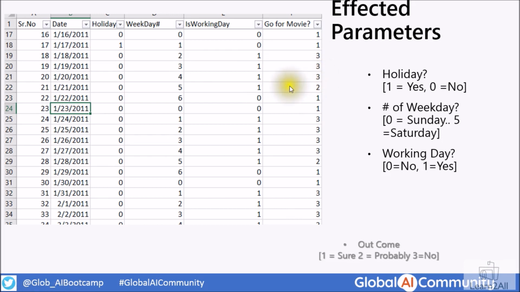And let's say number 2, Friday is the exception here. Maybe there is a 60% probability that the maximum number of people are going to watch a movie. It's a 60-40% ratio, so they mark that as a 2.